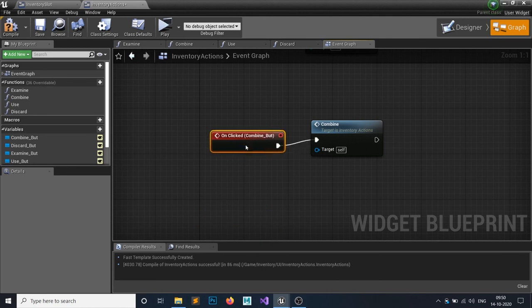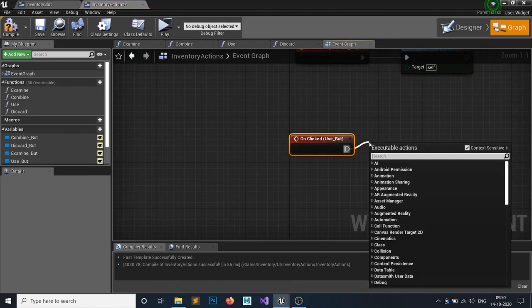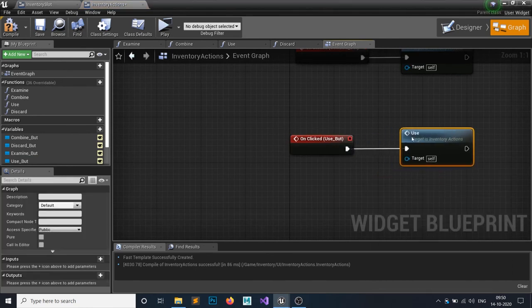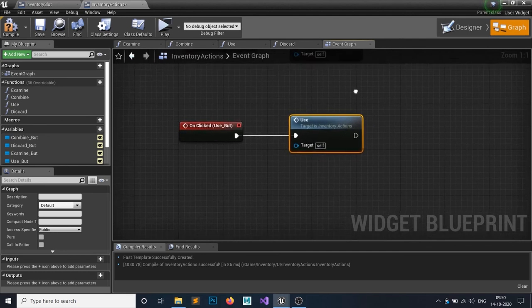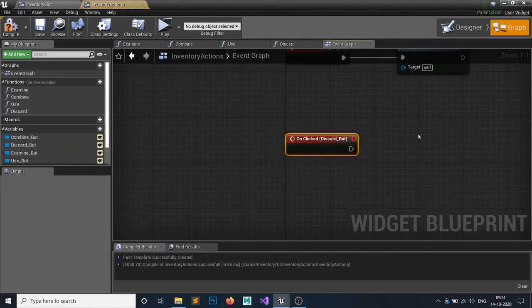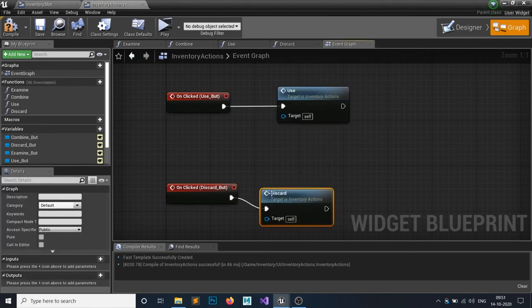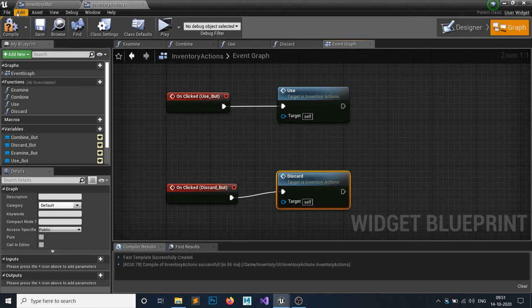So for combining, it will combine. Same for use item, it will use the item. So the use function we have just created. These functions are all empty right now, but just to make this a little bit cleaner. And for discard, just click on this discard. It compiles and it's all good now.